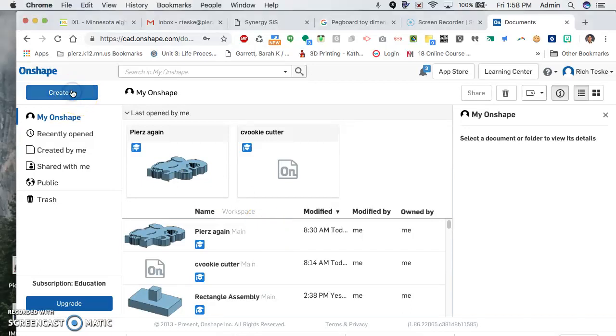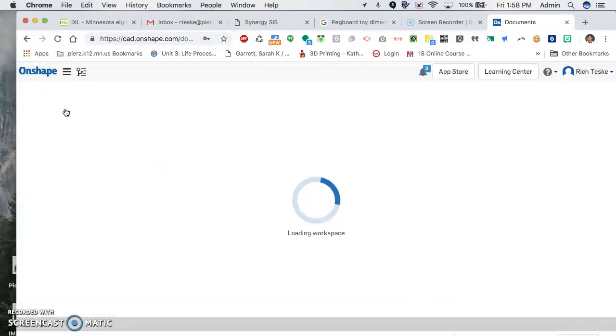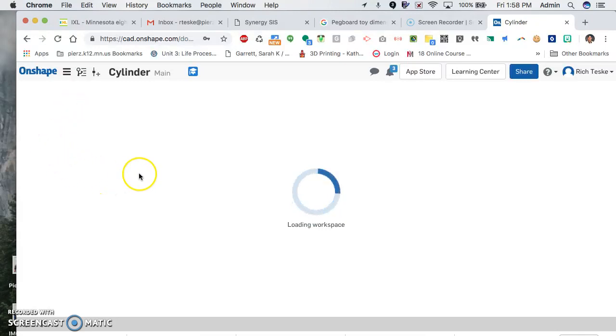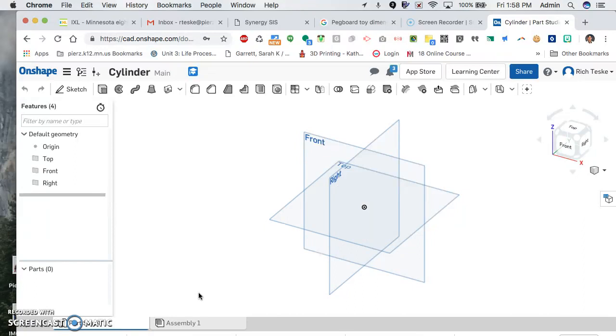Okay, today we're going to create a document. I'm going to show you the new Revolve tool that you haven't used yet. We're going to name that, call it a cylinder, because that's what we're going to make. So we're going to trim and revolve today. Shouldn't be too bad. Hopefully by now you're getting a little better with using everything